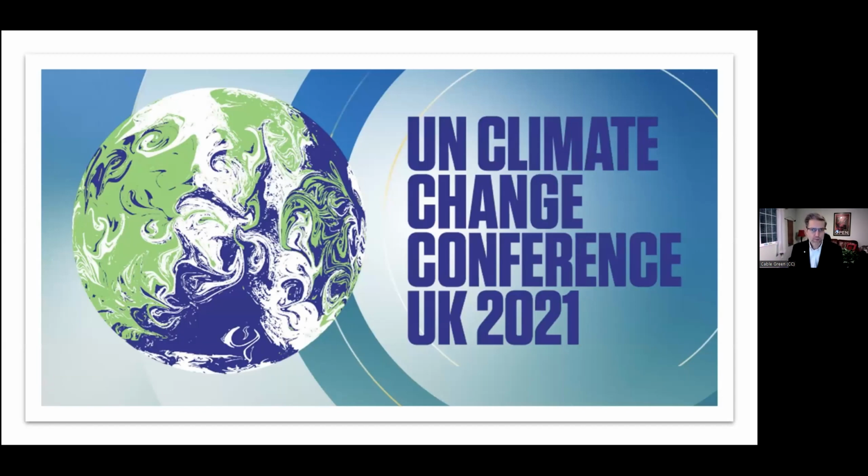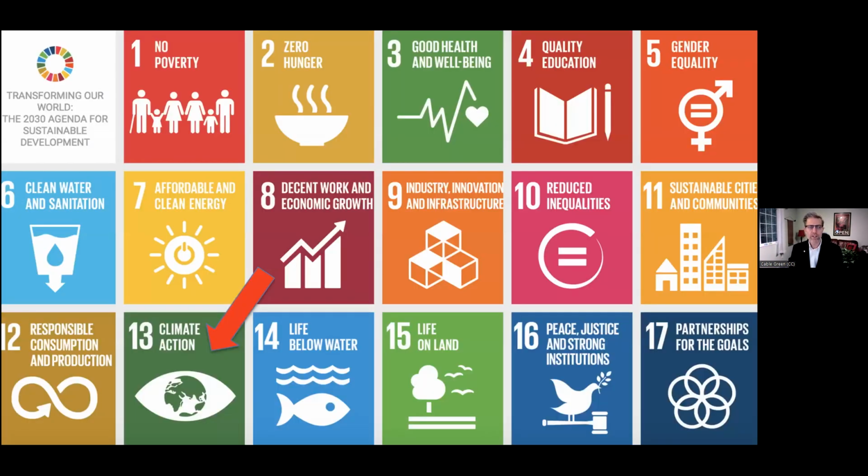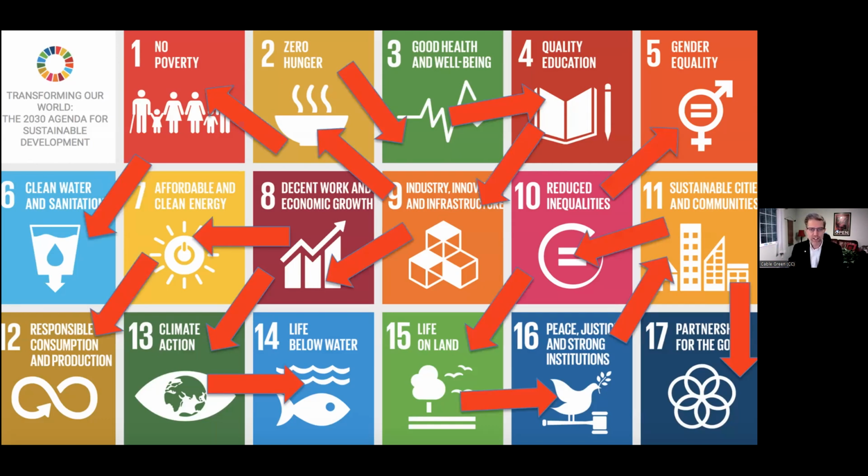Just last fall, we had our big climate change conference in Glasgow, Scotland. The world came together, talked about climate change. Here it is on our list of United Nations Sustainable Development Goals. But guess what? Climate change doesn't stand alone. Climate change is interlinked with pretty much every other SDG. Do you think individual people who are hungry and living in poverty are going to care about climate change? Probably not, right? Are uneducated people going to care as much and be able to act on climate change if they don't have SDG 4?